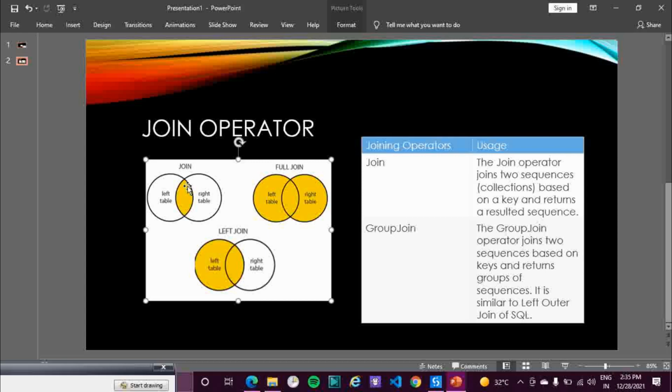The left join returns the data which is present in both tables as well as the data which is there in the left table. And right join is basically the opposite of left join, that is, it includes the data in both tables plus the data of the right table. And full join is the union of both tables, that is, it includes both tables' data as well as left and right join.